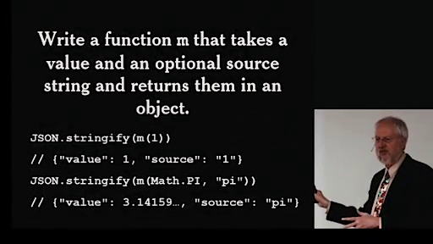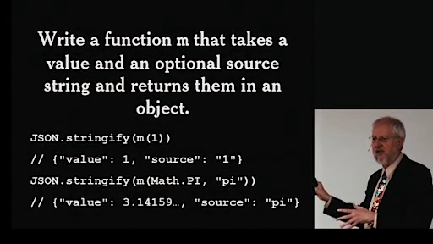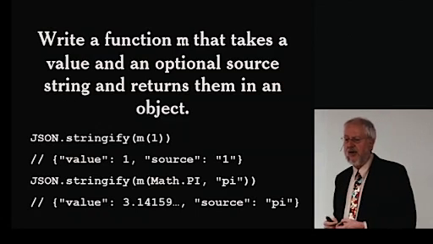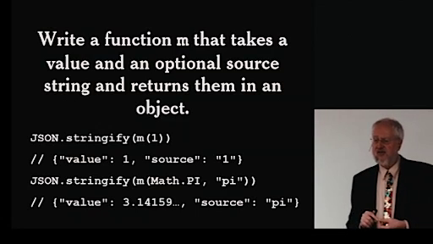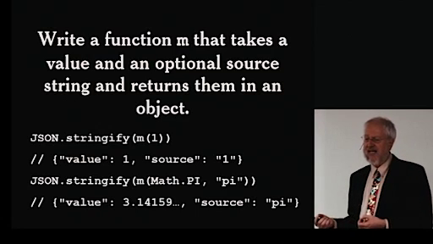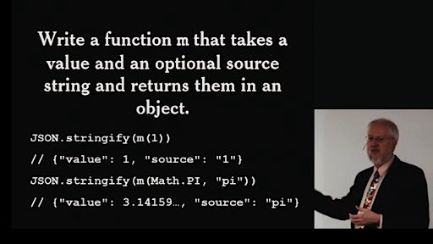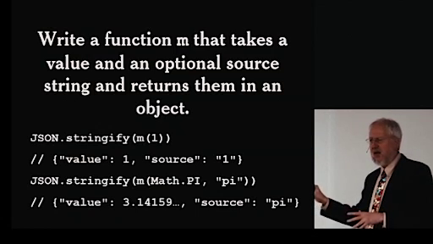So this one's going to be totally trivial, so I'm just going to give you the solution. We're just going to do this because it's going to set up the next problem. Okay? So we're going to write a function m that takes a value and an optional source string and returns them as an object. And in this case, instead of simply passing things to the log, I'm going to be